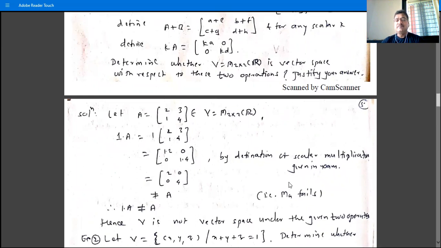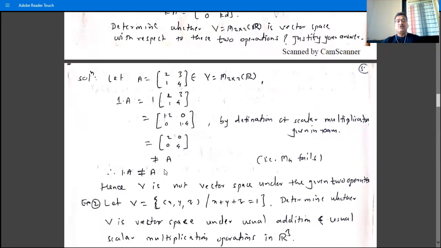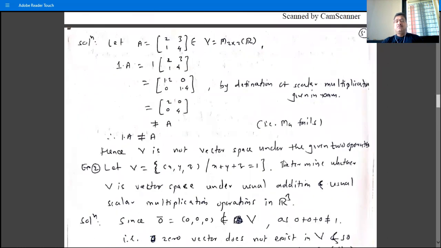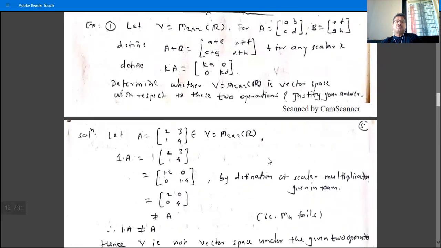How can we show M4 fails? By using a counter example. So this is an element A of V, M2 by 2 R, A is 2 3 1 4, a matrix of order 2 by 2, and 1 into A is 2 0 0 4 because of this definition, and therefore it is not equal to A. So 1A is not equal to A for this set under these two operations, and therefore V is not a vector